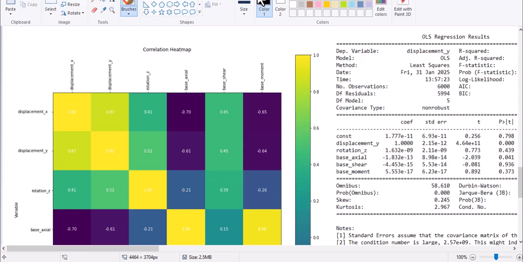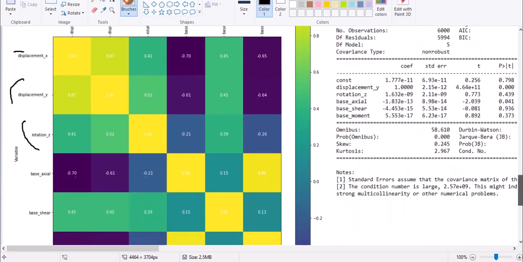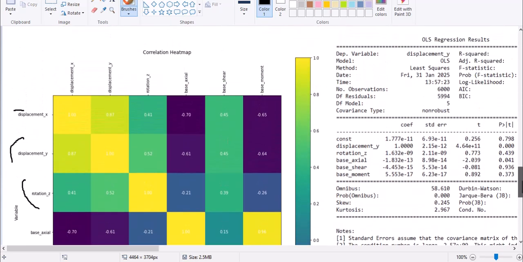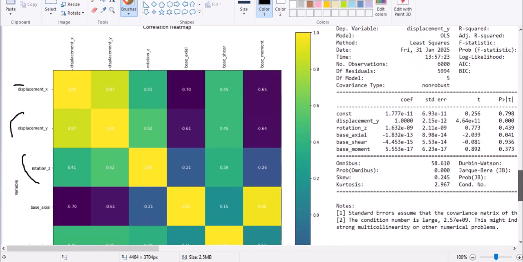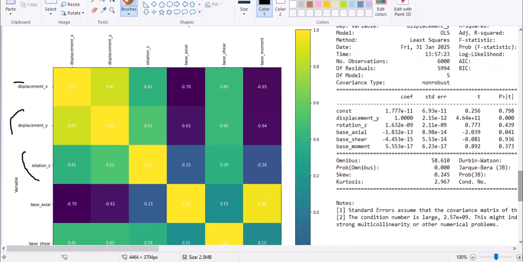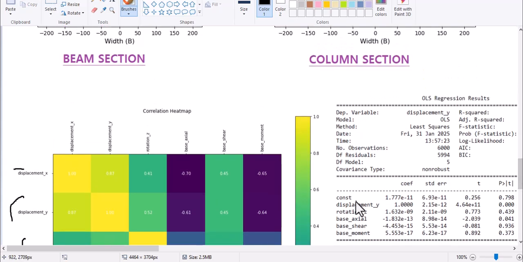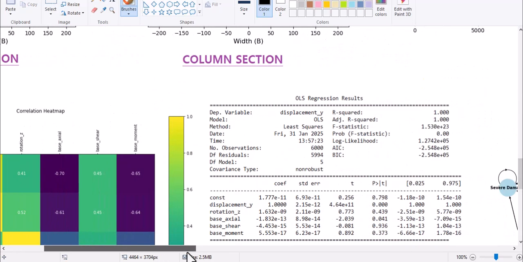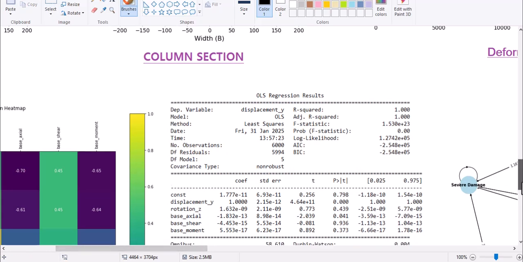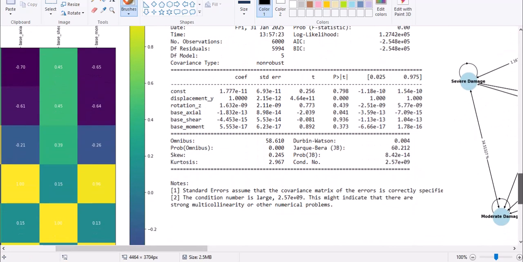So as I told you, we have different outputted data such as displacements in x and y direction, rotations, base axial, base shear, and base moment. So we use the correlations heat map for better showing the relations between this outputted data. You see that, and I use the multiple regression for this outputted data, and you see that